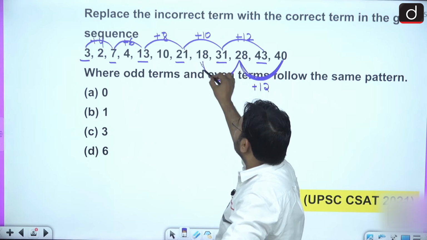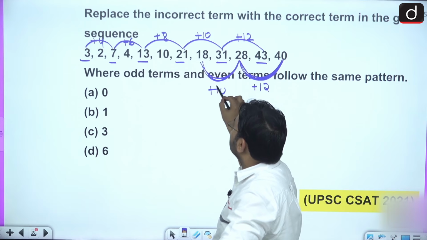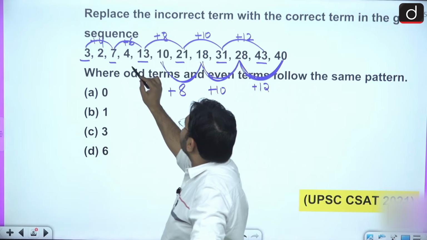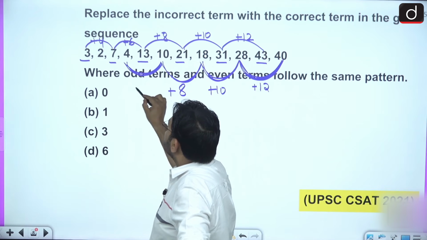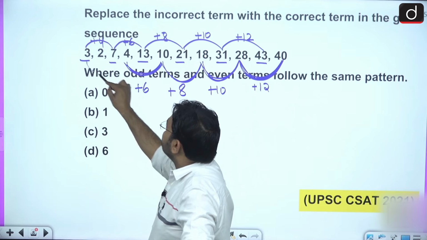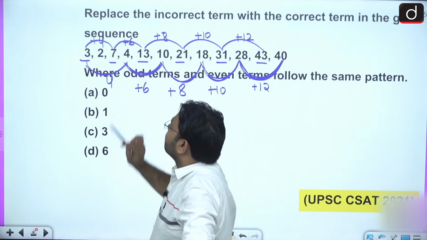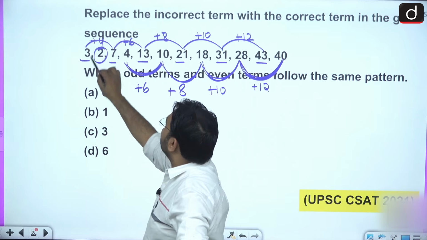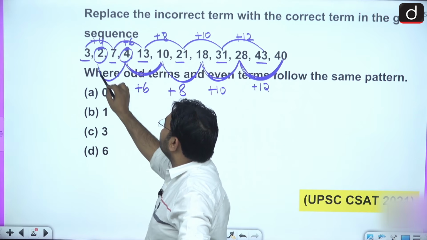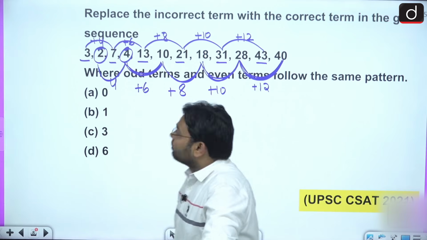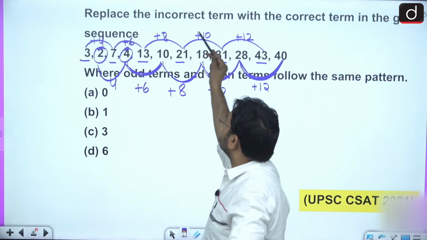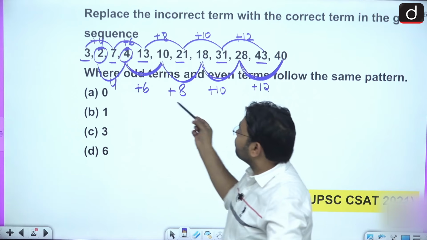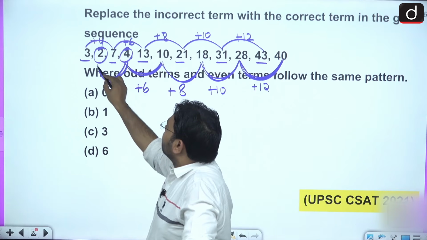18 and 28, 10. 10 and 18, 8. 4 and 10, 6. So this should be 4. This is 2 and this is 4. So this should be 4, because of this 4, 6, 8, 10, 12, and this is also 4, 6, 8, 10, 12. So if this is 4, then this should be